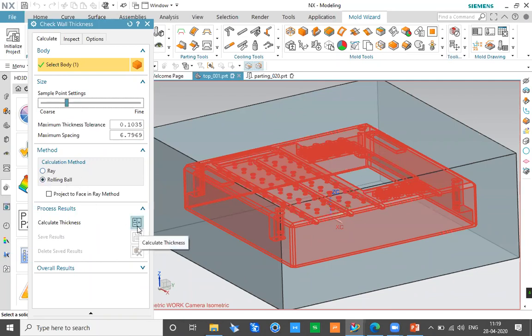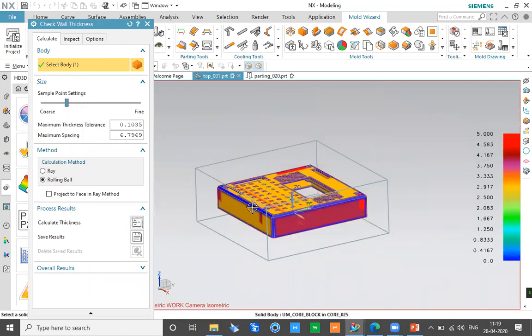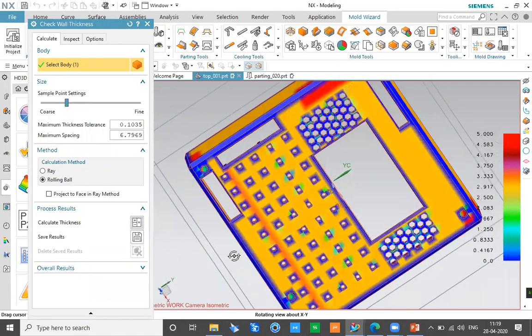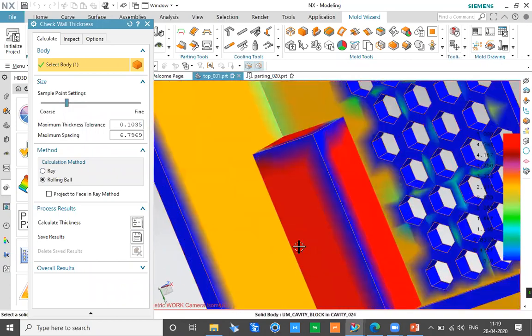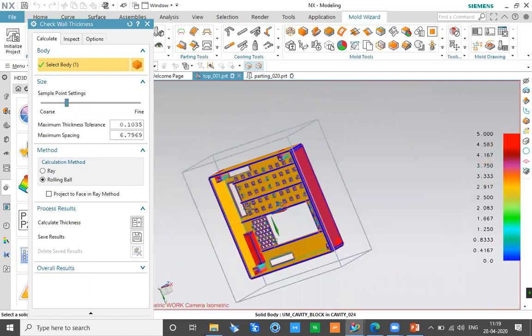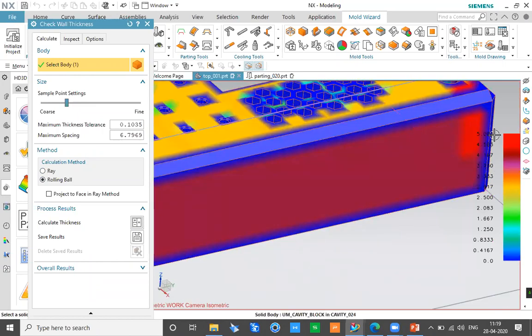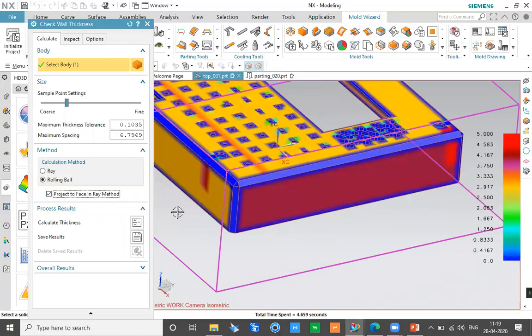So there are different methods which we generally explain when we start implementing the software at the client place. Now here I can see the wall thickness information has been shown, and if there is any area where the wall thickness is quite high, you can see these red color regions here. So that indicates the area where the wall thickness is quite high. And with the help of this graph, you can also understand the amount of wall thickness you are looking at.